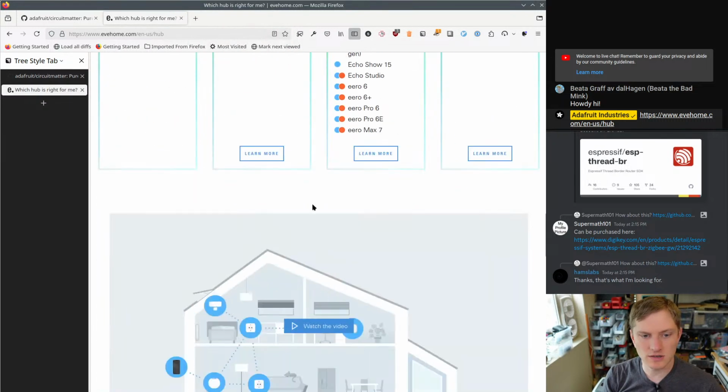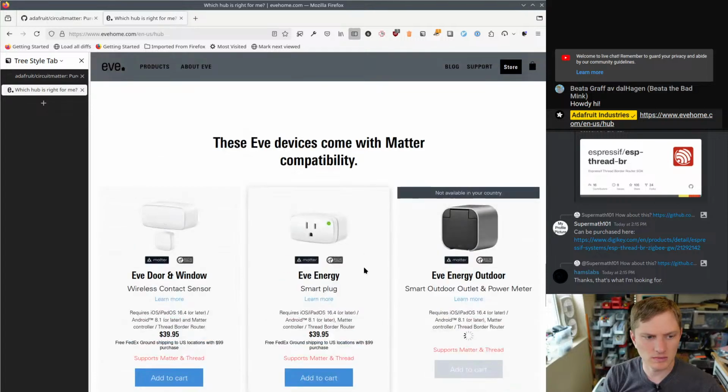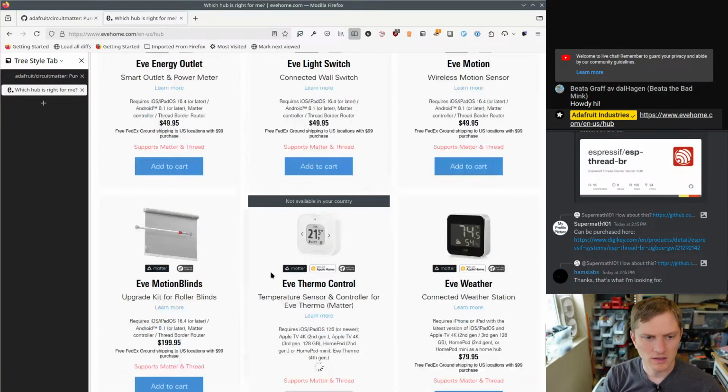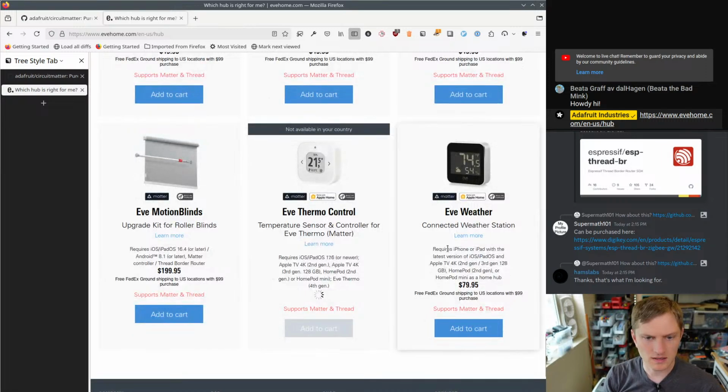But yeah, this is a great resource for compatibility with everything. Eve thermal control. I thought I got this, but the one that I have is older and it doesn't have Matter support or something. I got it used off